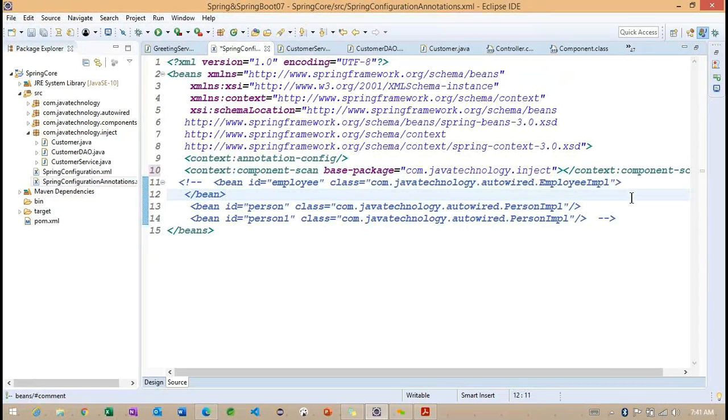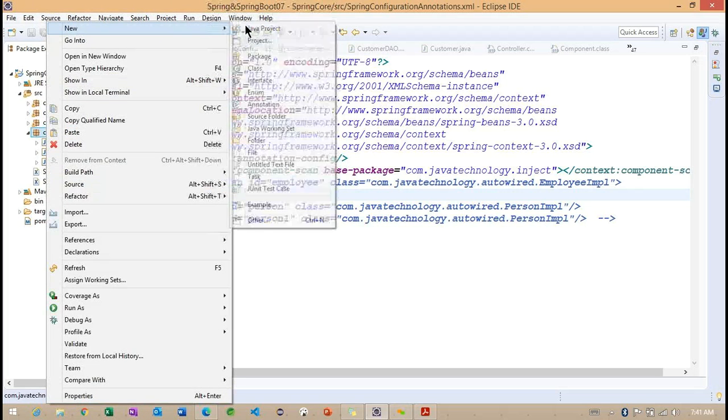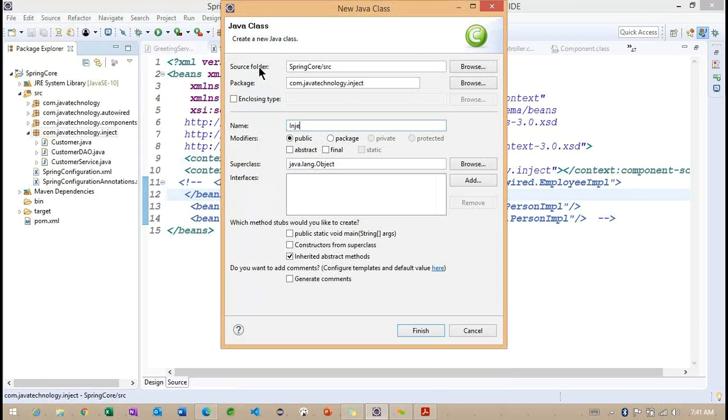After changing this base package, do we need any other changes? We don't want to change anything here. Simply, we need to go to this inject package and create a main class. So let me create a main class.